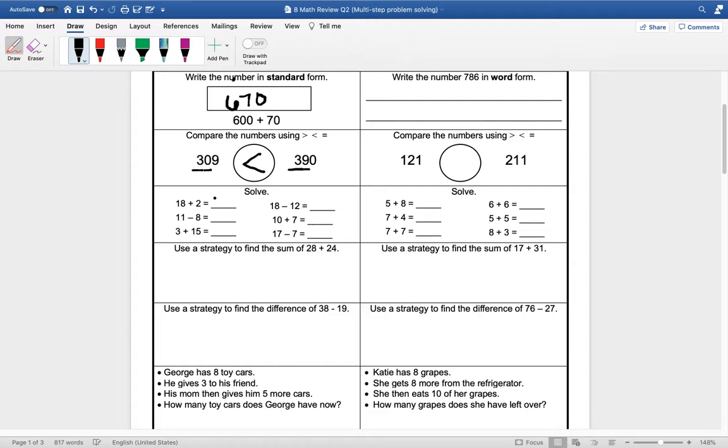18 plus 2. So we're adding and subtracting these. 18 plus 2 is 20. 11 minus 8 is 3. 3 plus 15 is 18. 18 minus 12 is 6. 10 minus 7 is 3. And 17 minus 7 is